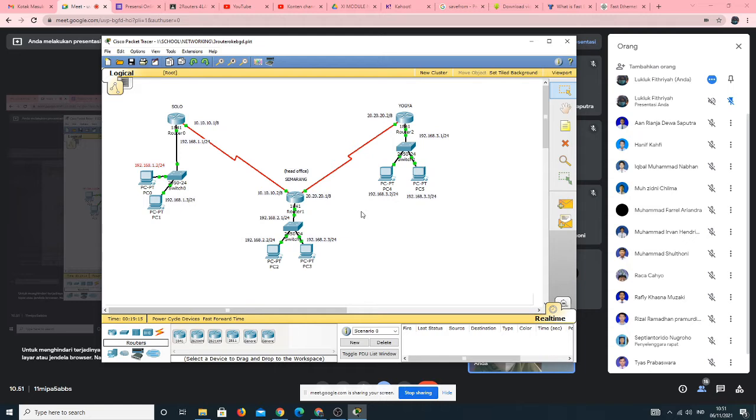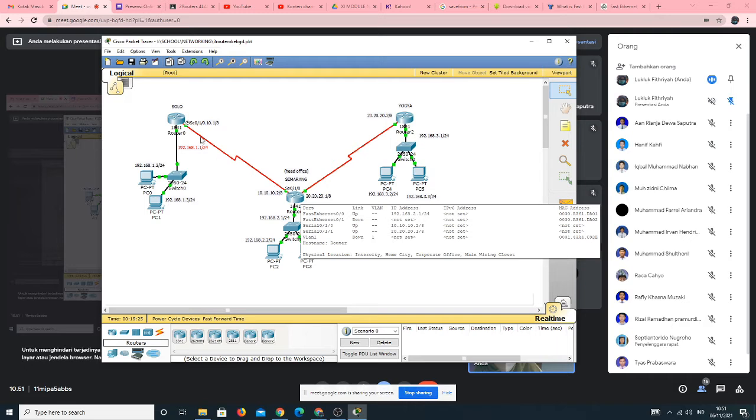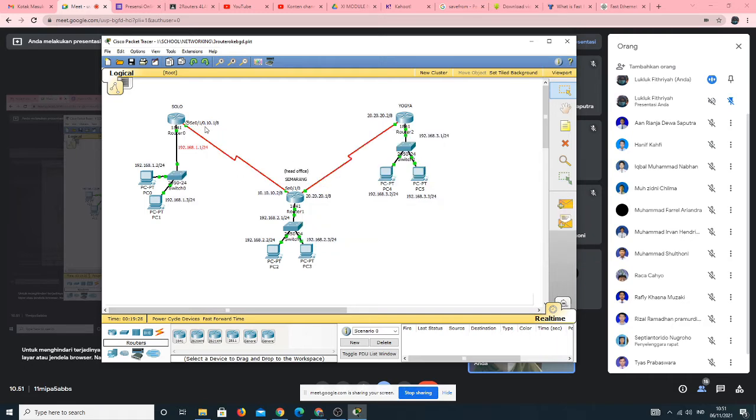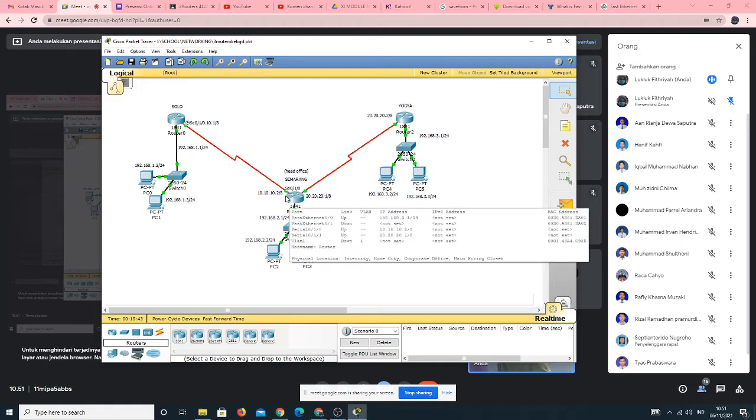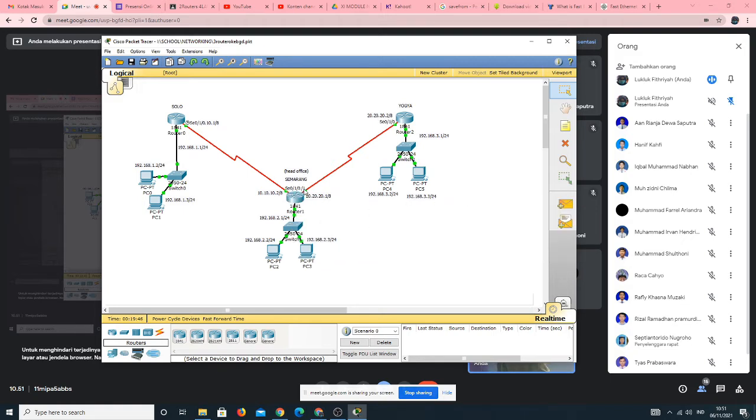Okay, the router Solo that is connected to the Semarang directly is using serial 0/1/0 with the IP 10.10.10.1, and the router Semarang that is connected to the router Solo directly is using serial 0/1/0 also with the IP 10.10.10.2.